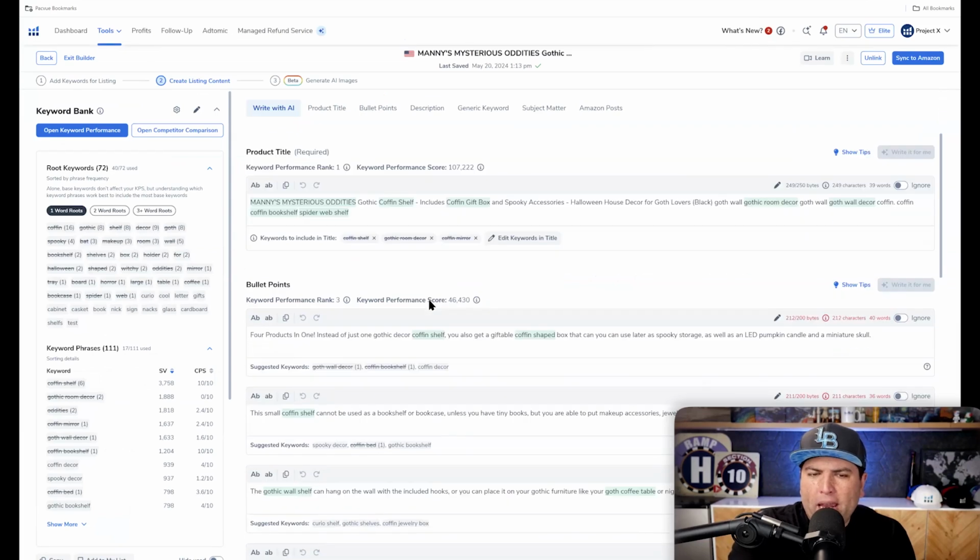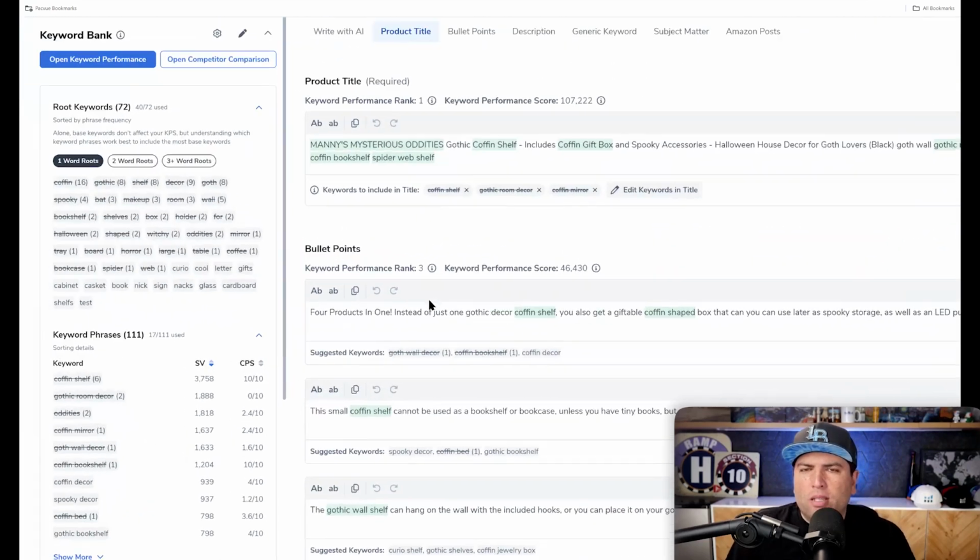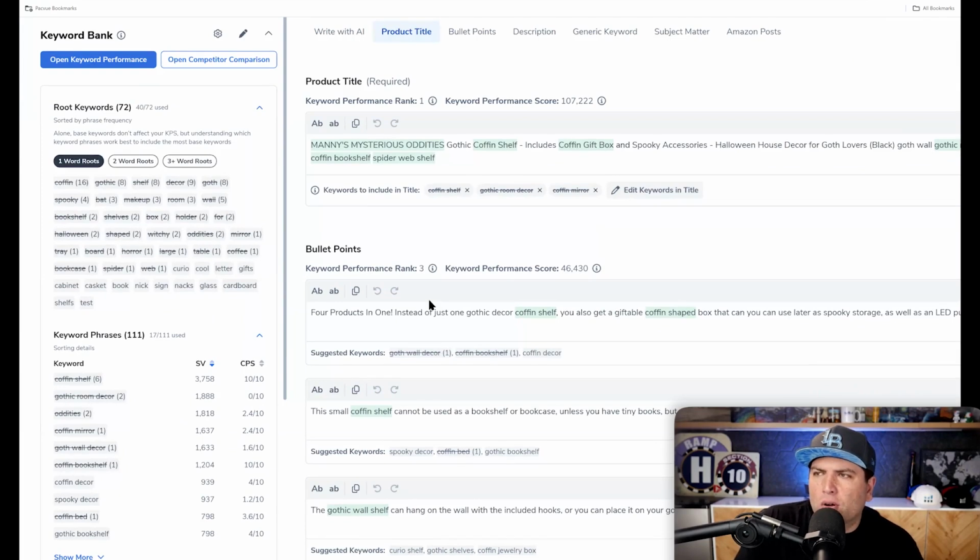Now, one of the main things that customers have wanted, and this is something that I thought of too. For those who don't know, I used to run the content team a few years ago, and I still write blogs here at Helium 10 sometimes, and we've always used this tool called Surfer SEO. When you're trying to make a blog that needs to be SEO focused, we know what keywords we're trying to rank for, and we know what blogs from other people are currently ranking. So this tool told us how to write our listing and gave us a score.